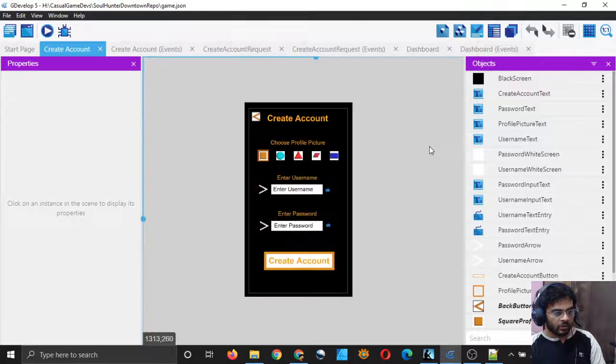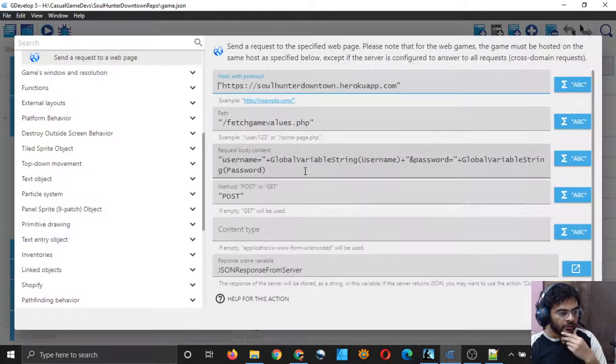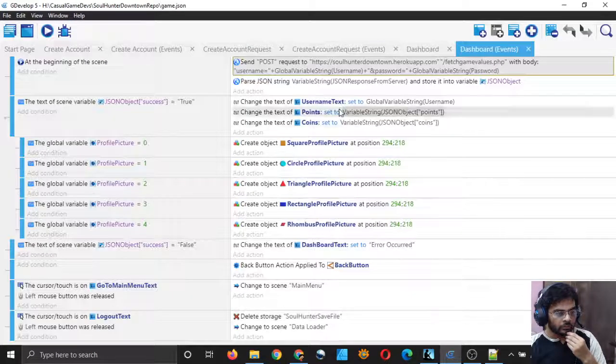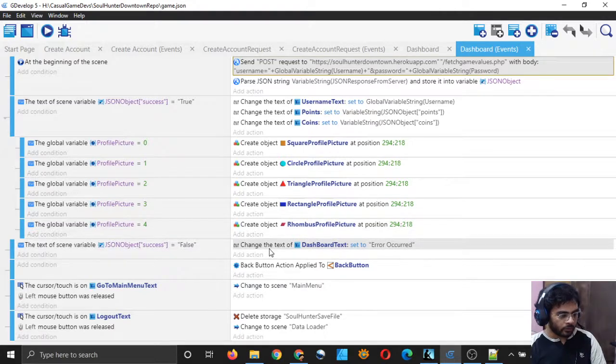Oh, I think something is wrong in the dashboard scene, and yeah, actually dashboard scene will also send some request. And what is it sending? Username and password. So we will have to wait for the dashboard scene to send those values, right? And yeah, that may be the cause of not being able to display the dashboard.